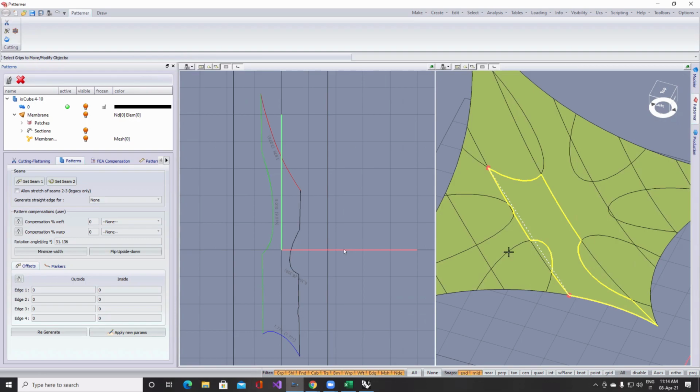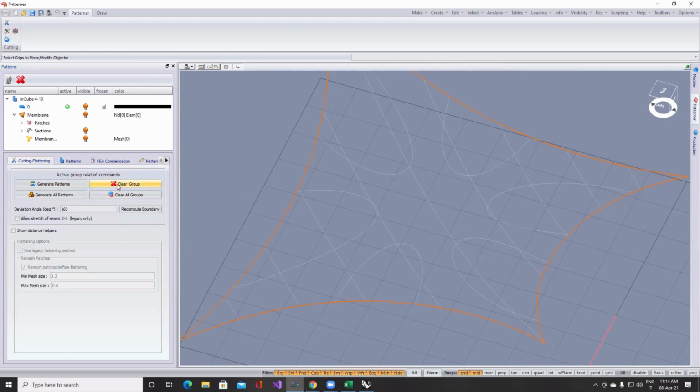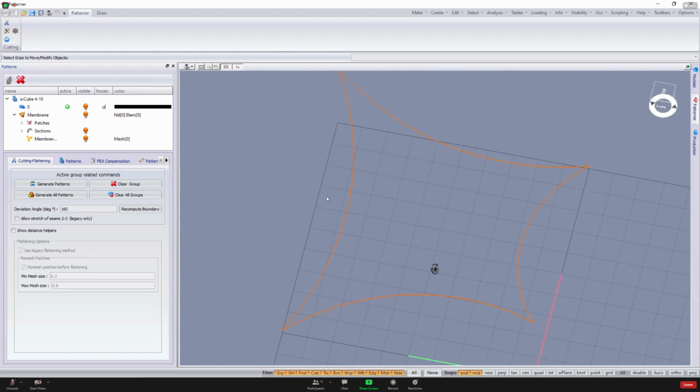I am telling you this because if you see a strange panel flattened on the ground, maybe you have to fix the four control points. Okay, let's go back, reset this, make the panels, and